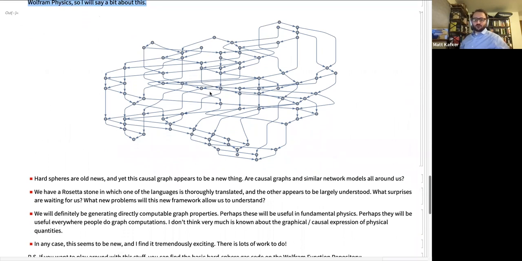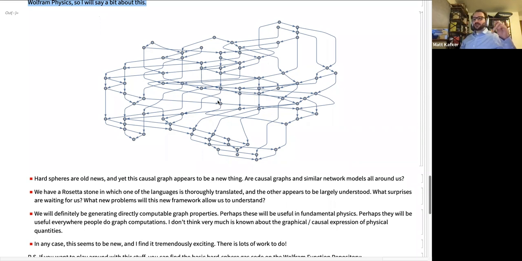Hard spheres are old news. People have been studying these since the 50s, right? So that's 70 years or something like that. But this causal graph, nobody appears to have thought about this, which is hooray for us, you know, a great opportunity. Because I really do think, even if it turns out that the entropy is not in the graph, or one of these quantities is not expressed in the graph, some of them will be, and because we already know that the temperature is,